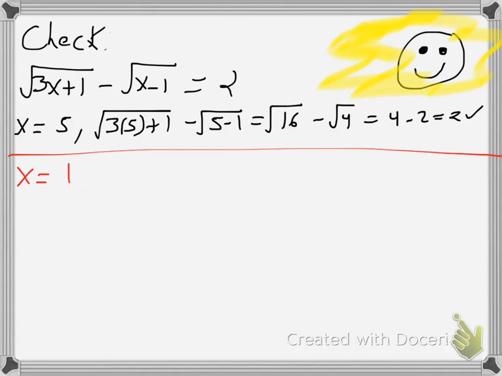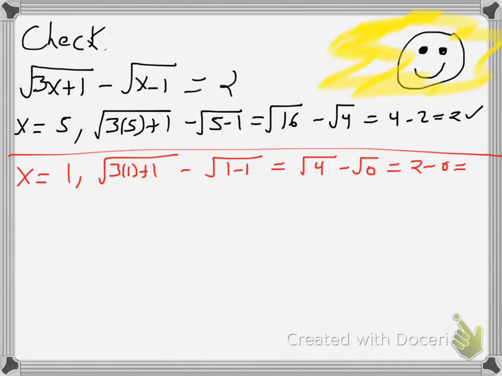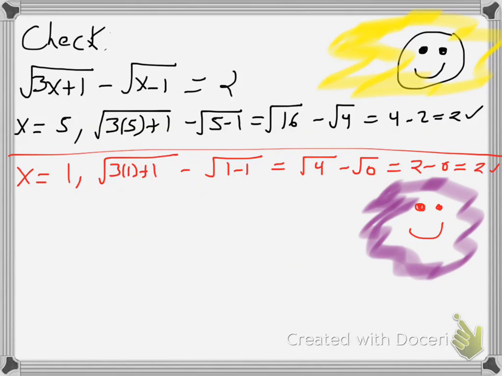Alright, now let's try the other one. We're going to plug in 1. So 3 times 1 plus 1 is going to give us 4 under the square root. And then the other square root is going to be 1 minus 1, which is 0. Square root of 4 is 2. Square root of 0 is 0. And so we got 2 minus 0, which is 2. And again, we get very happy, and we draw ourselves a happy face, and this one has purple hair, or, I don't know, maybe it's Barney. Anyways,